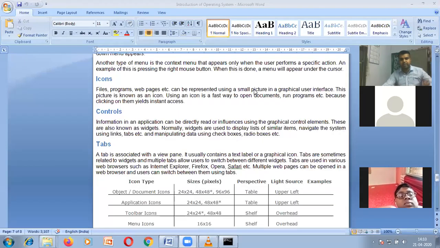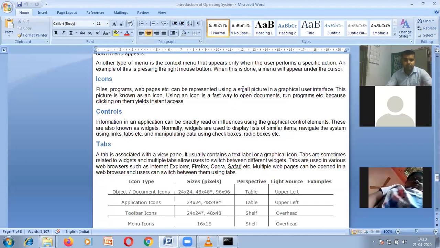Okay, you can see it on your own computer or laptop. Every application, every program that you run on the laptop, on the computer, or on the mobile phone, everything has an icon. Whether it is a file or a folder, even on the mobile phone, if you have to see any picture, you click on the file manager icon. If you have to see any picture, you click on the picture icon, just like on your mobile phone.